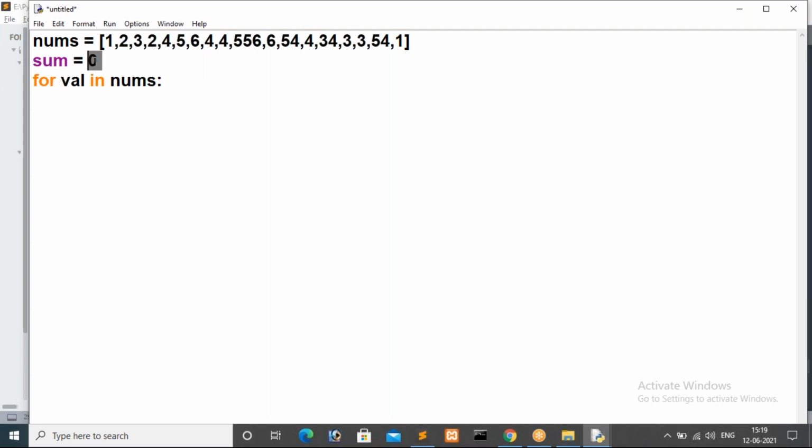Just remember, guys, for multiplication, 0 multiplied by any value will be 0. So for that, when going to multiplication, we have to initialize the value to 1. Either mul is equal to 1 or product is equal to 1. For multiplication purposes, we have to specify 1 as the initial value. For sum, we have to initialize the value to 0.